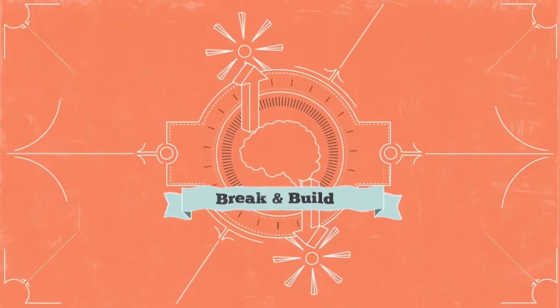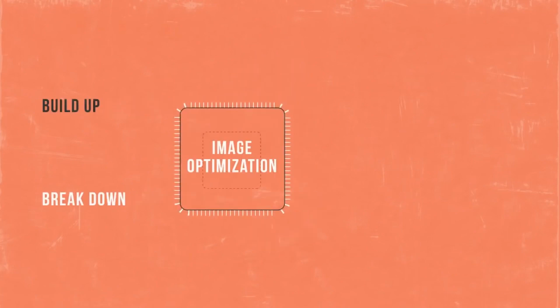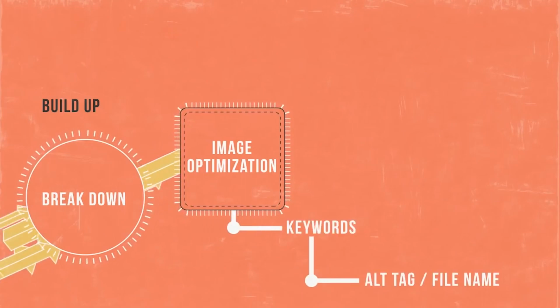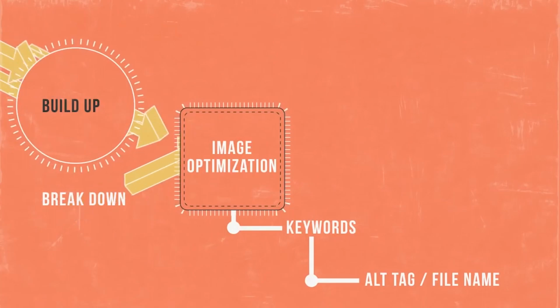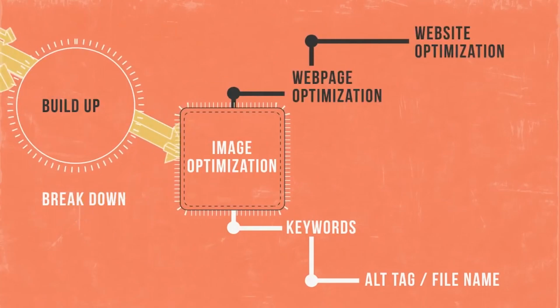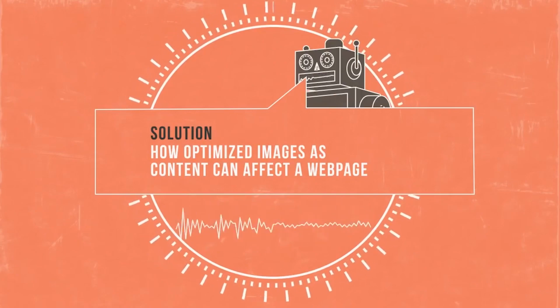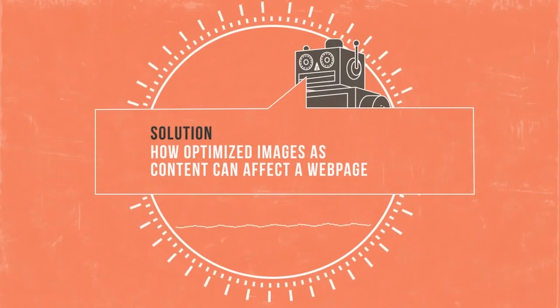Break and build. This process is about breaking down and building up ideas to get a range of related information. Break down a general thought or idea into more detailed pieces of information, or do the opposite and build it up to reach a broader viewpoint. In the end, your solution can be based on the wide range of information from the process.